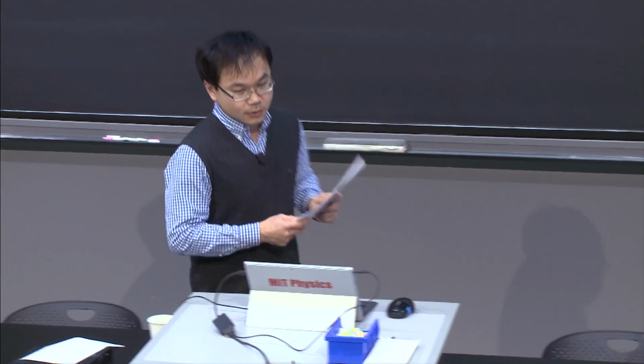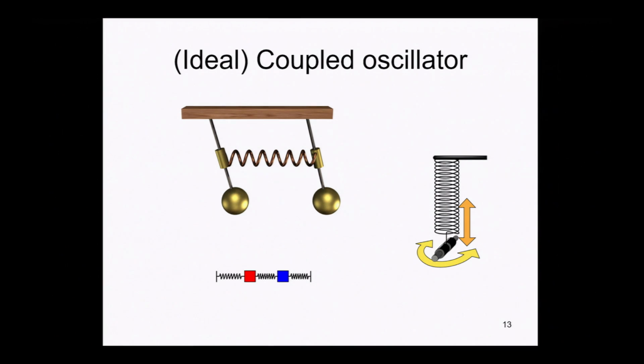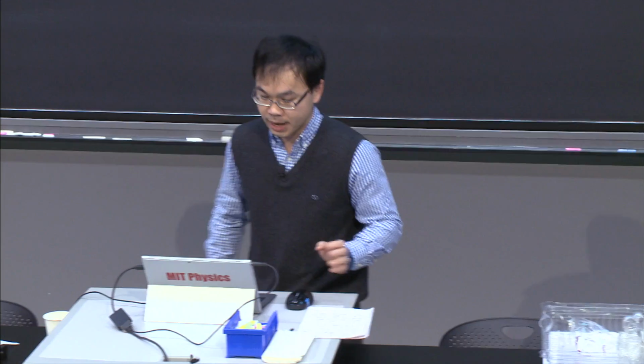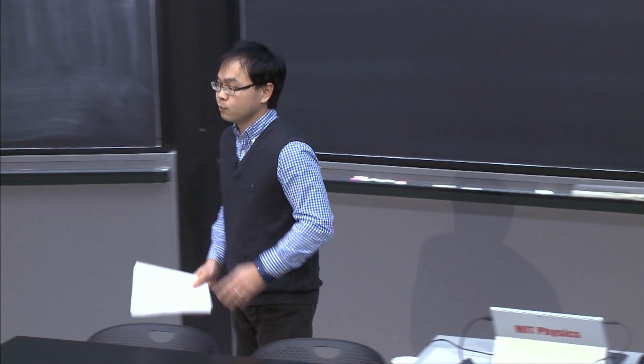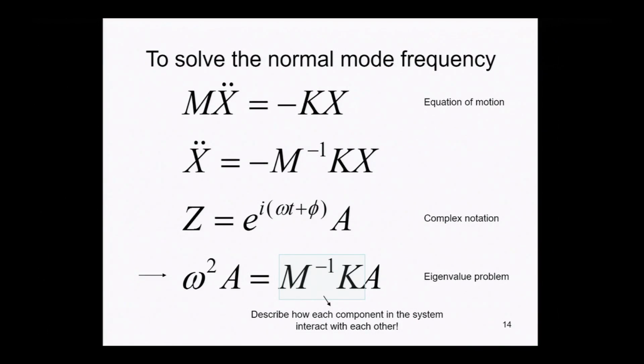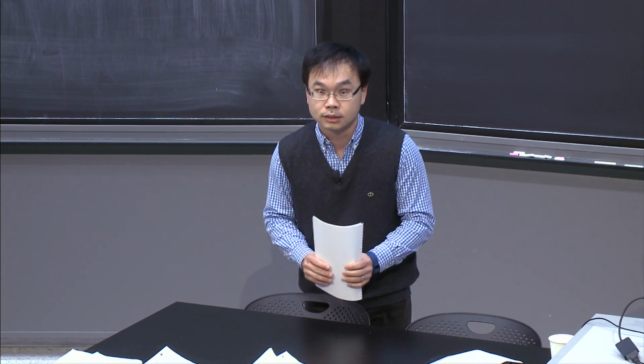All right, so now we have learned all the secrets about the single object system. Then we can now go ahead and study coupled oscillators. There are a few examples here, which are coupled pendulums or coupled spring-mass systems. And we found that a very useful description of this kind of system is to make use of the matrix language, okay? So originally, if you have n objects in the system, you have n equations of motion,